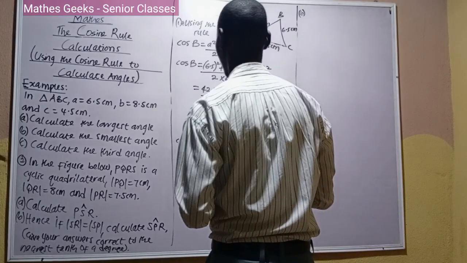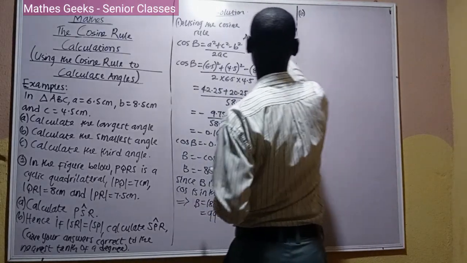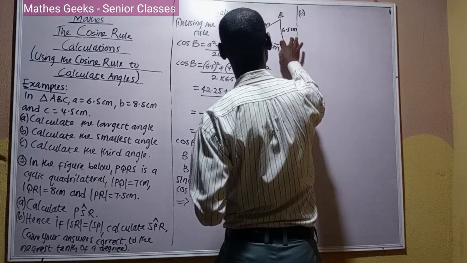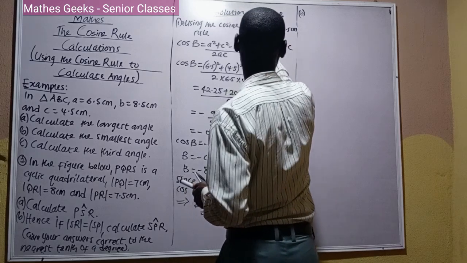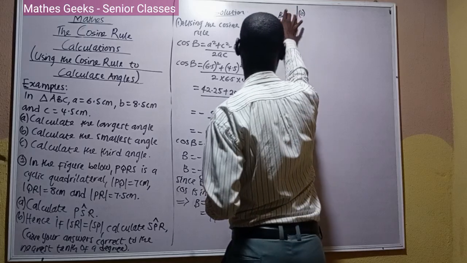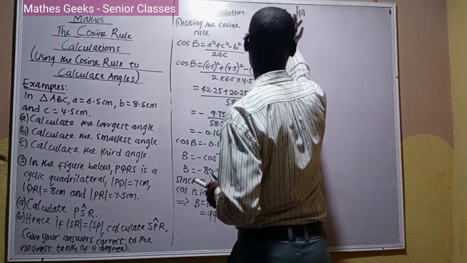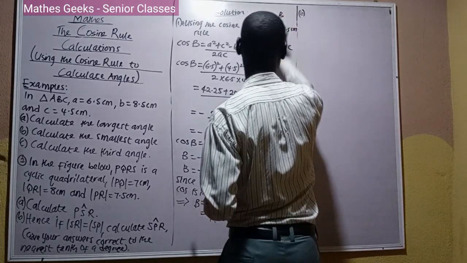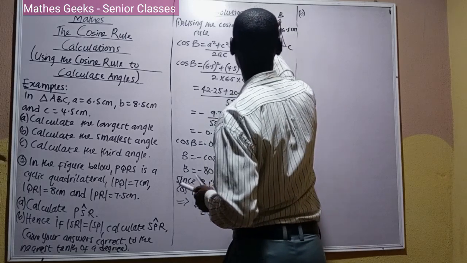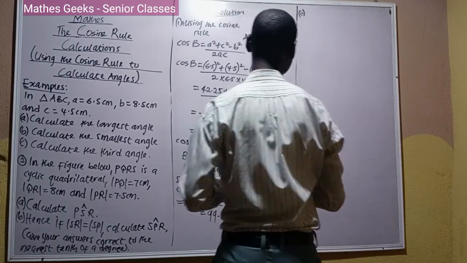Let's calculate the smallest angle. The smallest angle is opposite the smallest side, and the largest angle is opposite the largest, or the longest side rather. So longest side, largest angle; smallest side, smallest angle. Of course, C